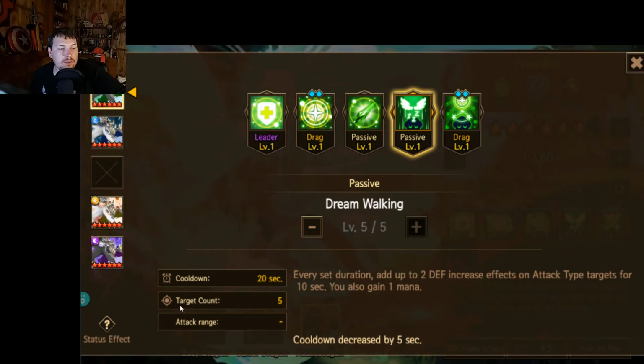Also, I want to point out, target count of 5. You're giving these buffs to the whole team, not just 2, not the dragons with the highest defense. It does say attack type targets, so it is only going to affect those guys. But if you run a big old team full of them, then you're going to be able to give that to all of them. However, giving a defense increase effects on an attack type target,